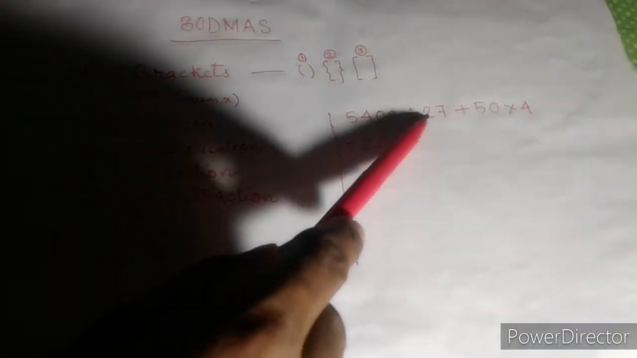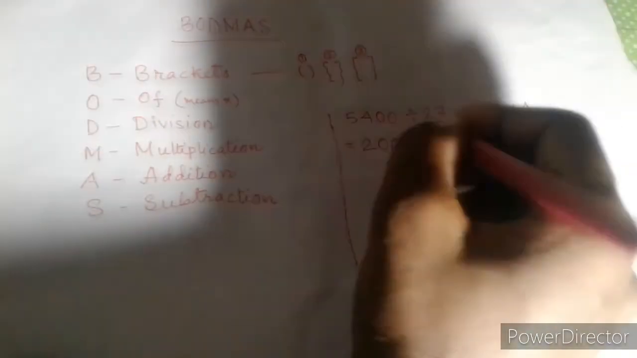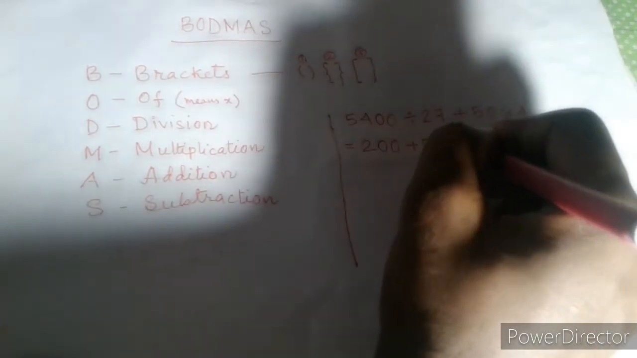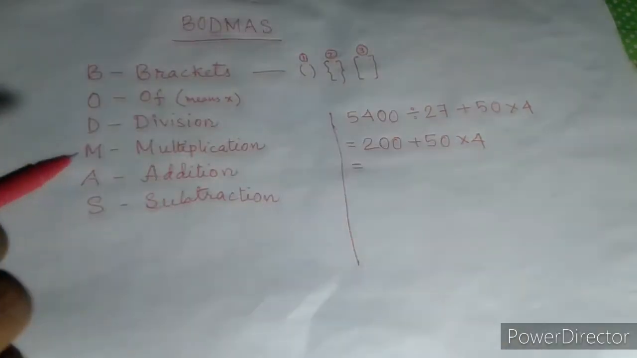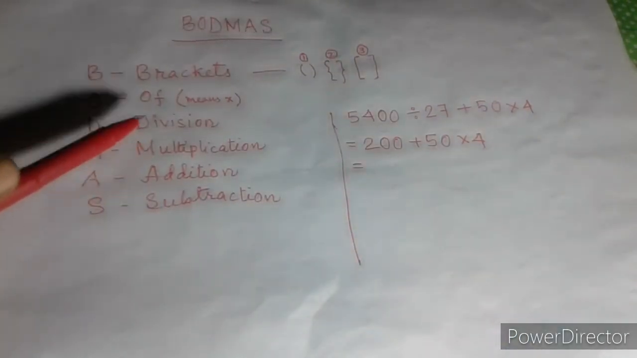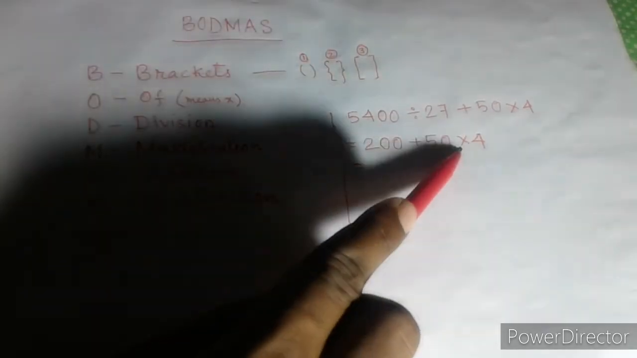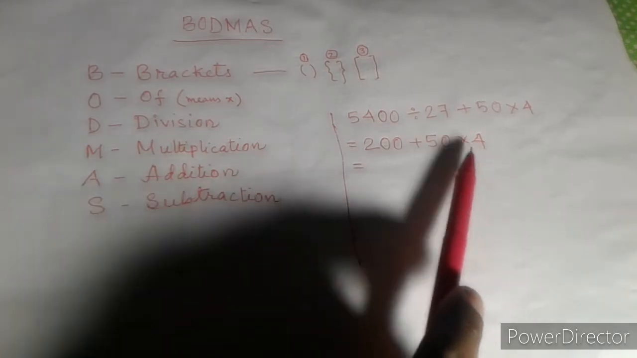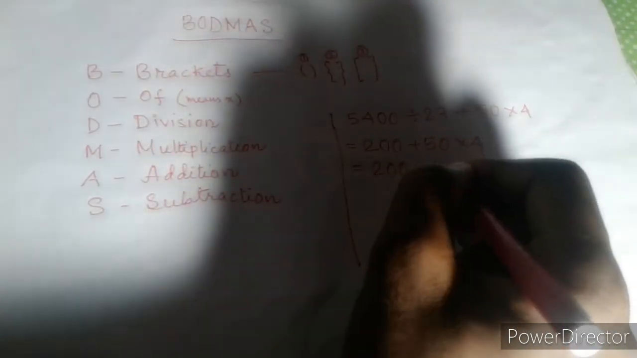The next is plus 50 into 4. So next step, division is already over, then next is multiplication. So multiplication is between 50 and 4, so we'll multiply 50 into 4. So first we'll write 200 plus